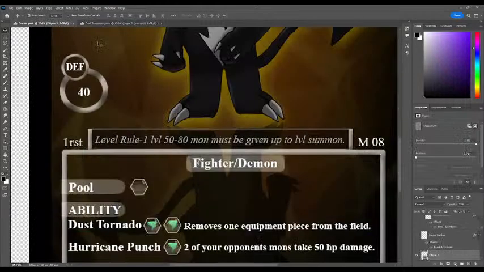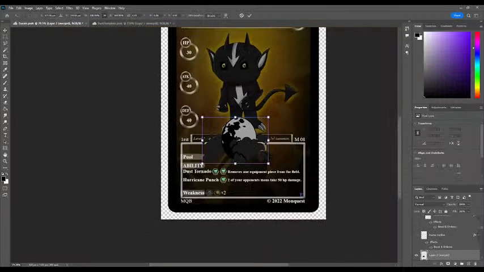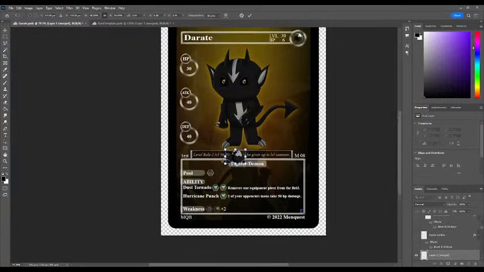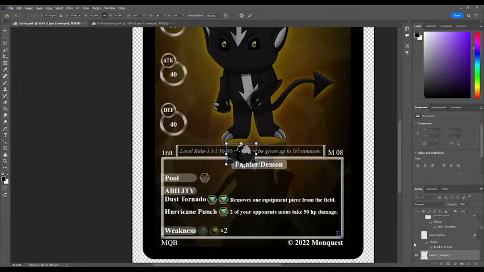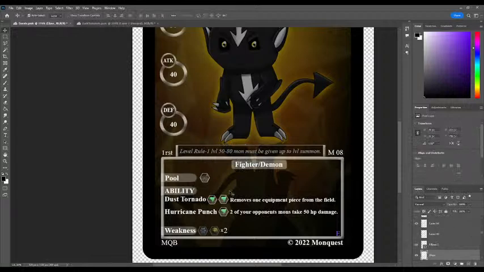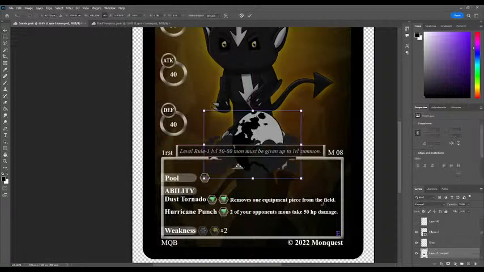Control C, Control V, Control T, Alt, drag it down. Actually, you know what? Let's delete that layer out of there. Whoops. Because we want to click on this layer, figure out where it's at, and then keep it in there. So we'll go right above this box, go Control V, Control T,